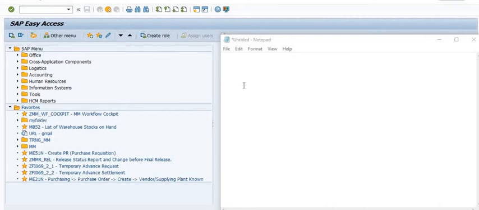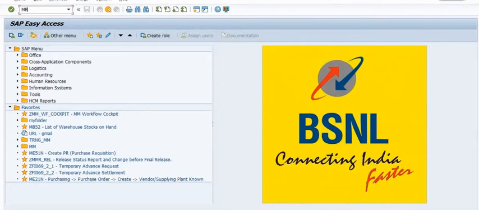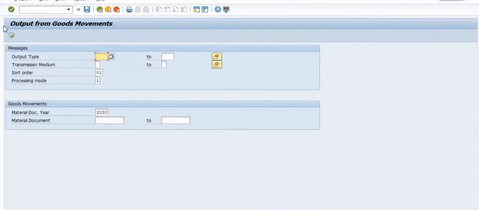Today we are going to learn how to take the printout of a goods receipt or goods issue note in SAP. The process of printing the goods receipt note and the goods issue note is similar. We have a transaction code, MB90. In MB90,